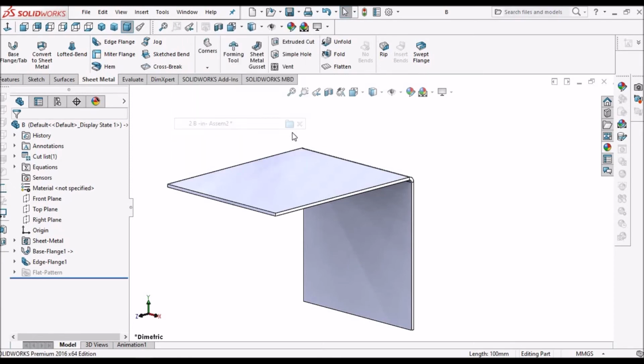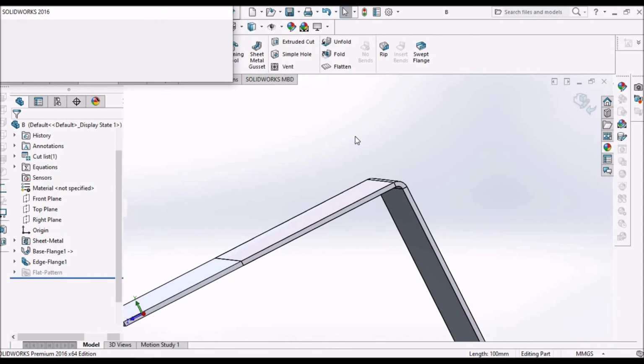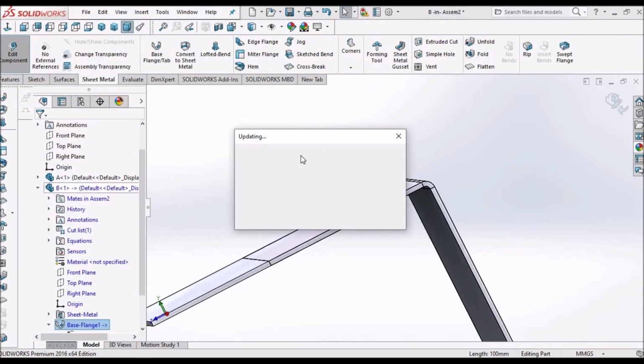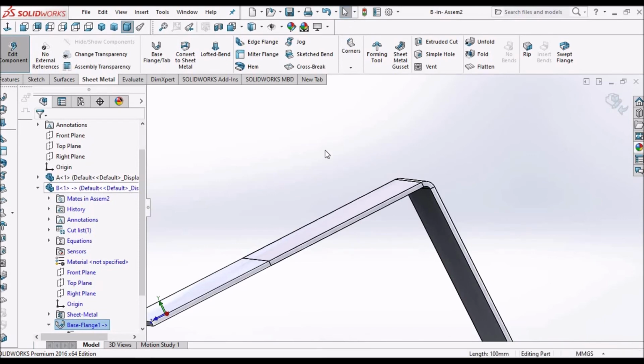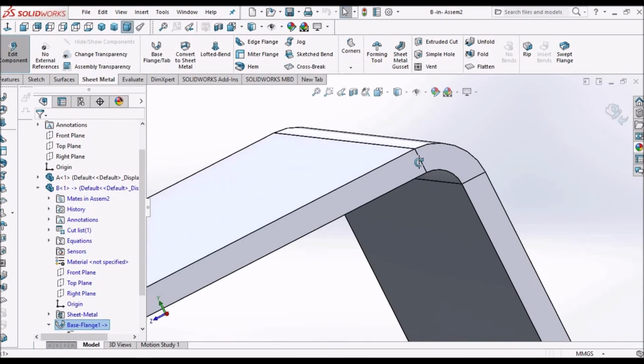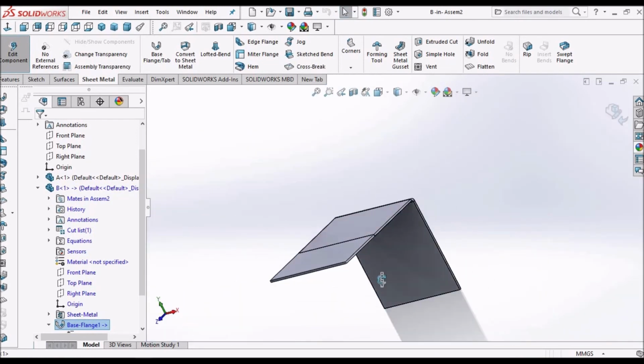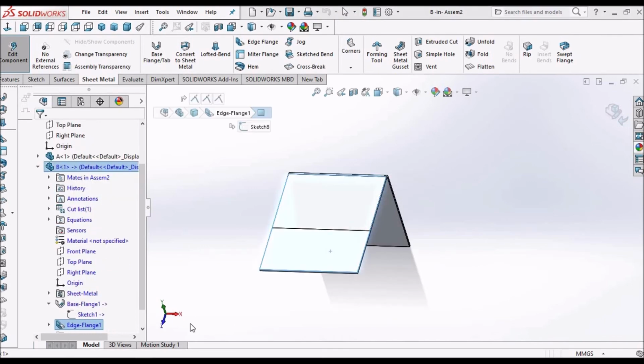Now let's go to assembly. So it is asking for rebuild and updating. See, it is exactly matching. Now we have to match this flange height.